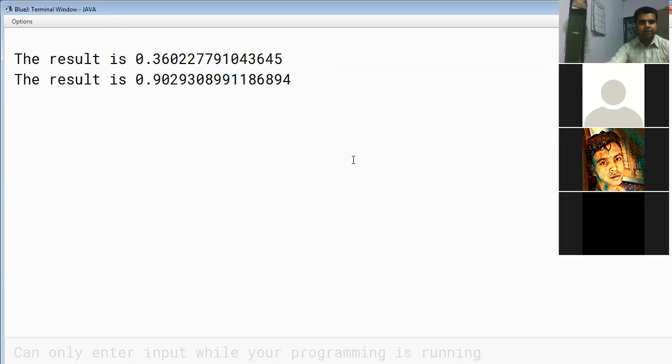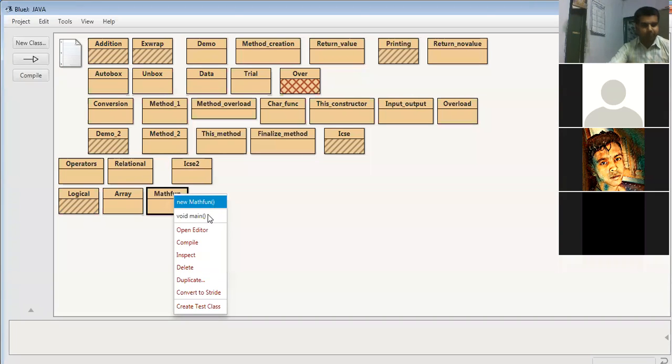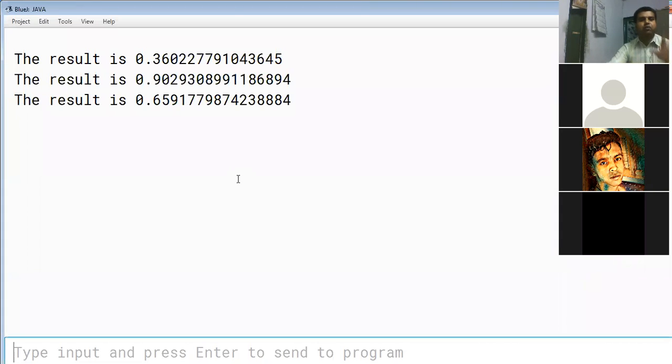math.random. If the question is asked theoretically, what is the function of math.random, the only answer you will come up with is that it will display any random value ranging between 0.0 and 1.0. That is the only thing you have to remember. If you are expecting to see how this is possible, I will show you the output one last time.